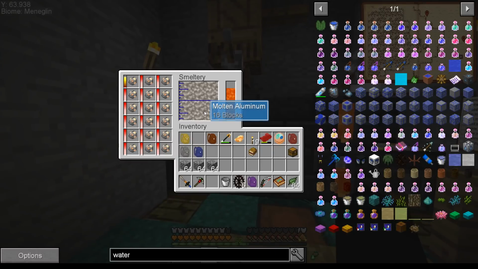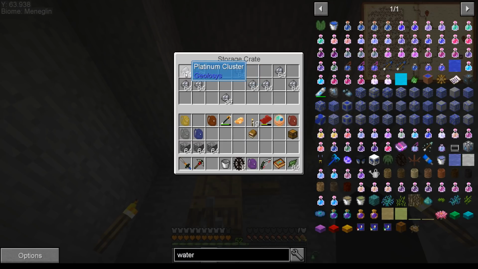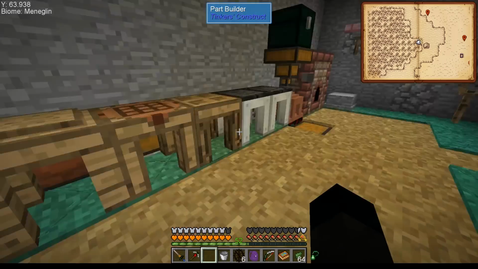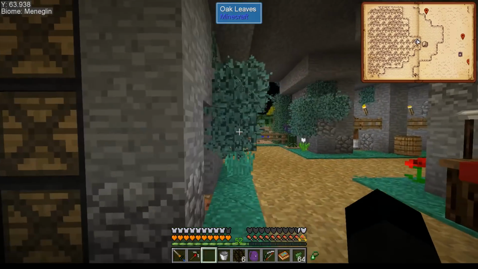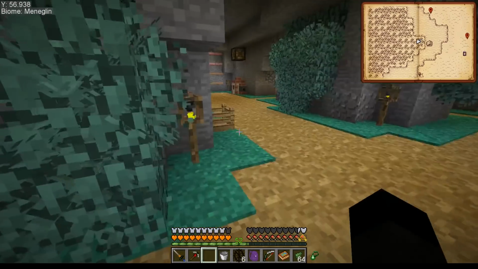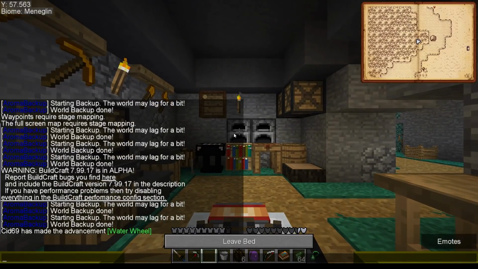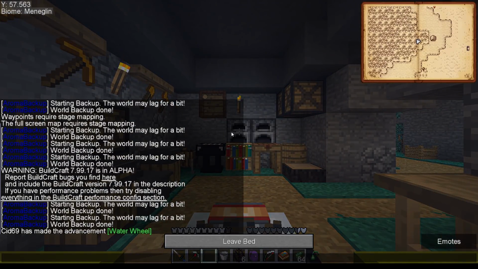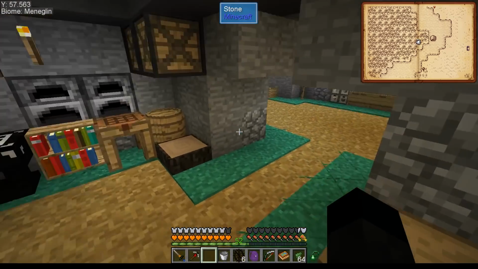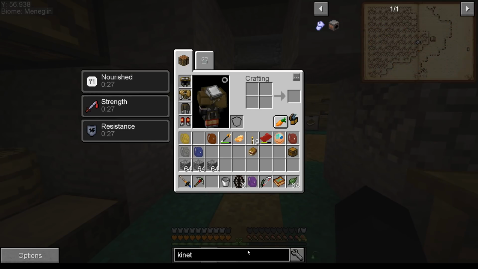At the moment, I'm just running aluminium through, which leaves silver and platinum, which is nice. Anyway, first things first, we are going to need to make a couple of kinetic dynamos, which will require me to do a few bits and pieces. Let me just double check. So if I get my kinetic dynamo,